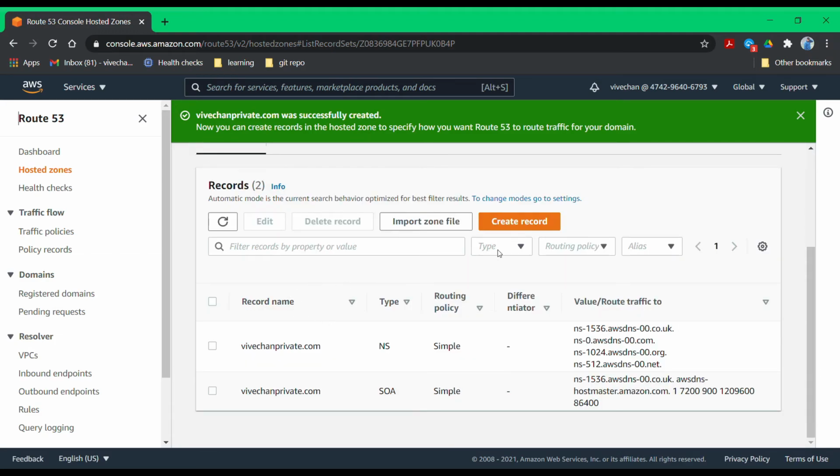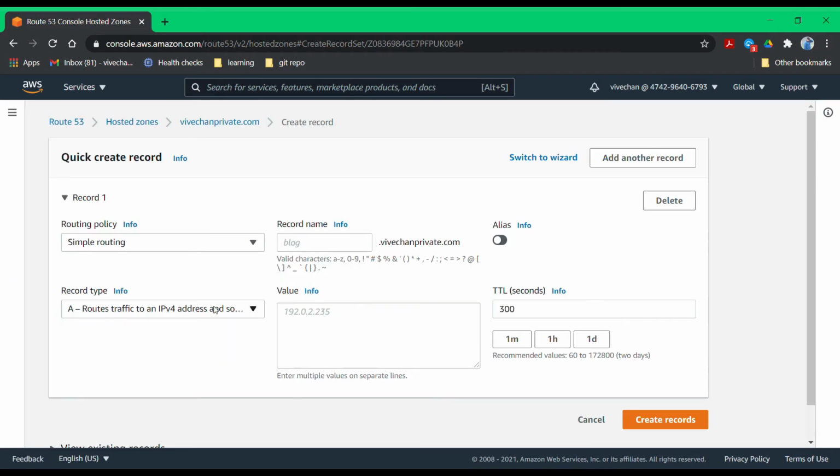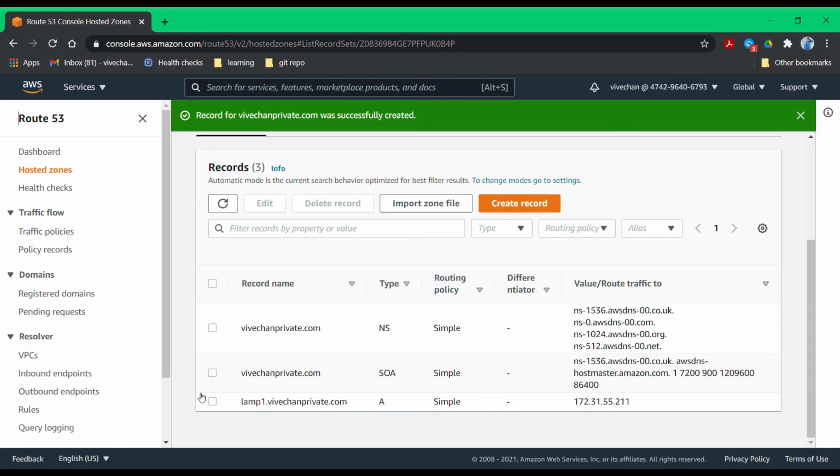In the hosted zone, let's create an address record naming lamp1, and let's specify the private IP of the LAMP instance. So now we can see we have created a private DNS for the LAMP instance.